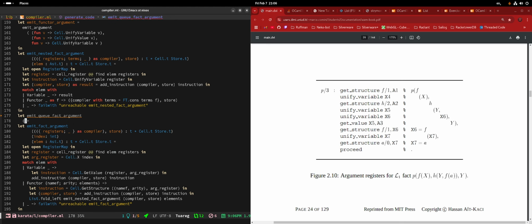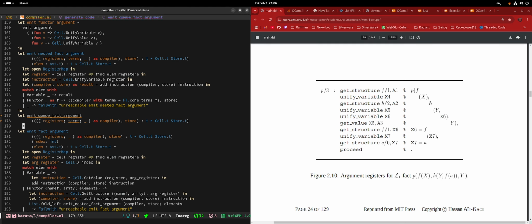Okay, so we're going to receive the queue. Actually, do you think it makes sense to? No, we should receive the entire compiler. Actually, receive all of this, and we should just return the compiler and the store again. Agree? Yeah. Okay.